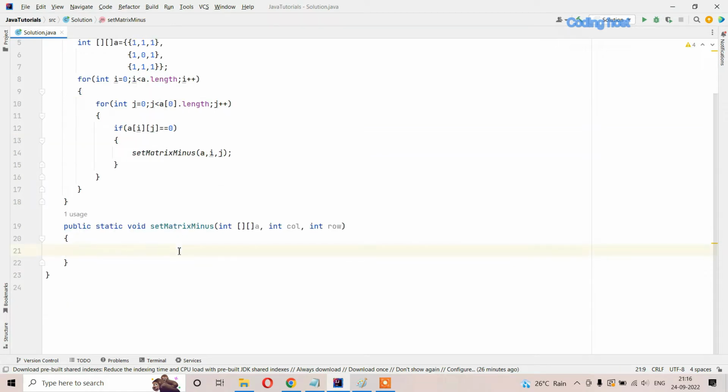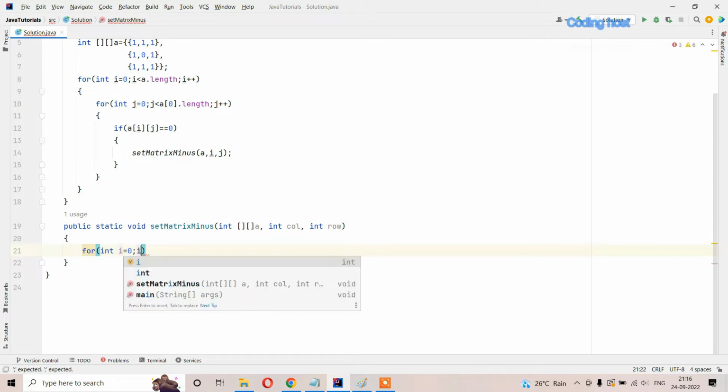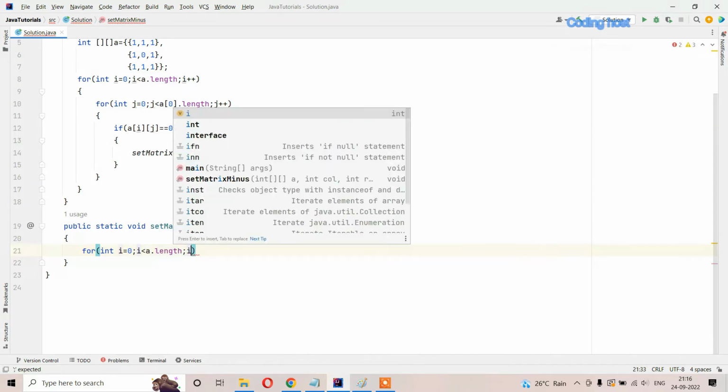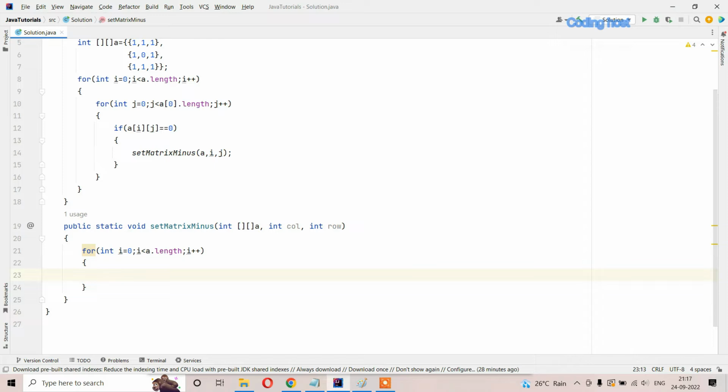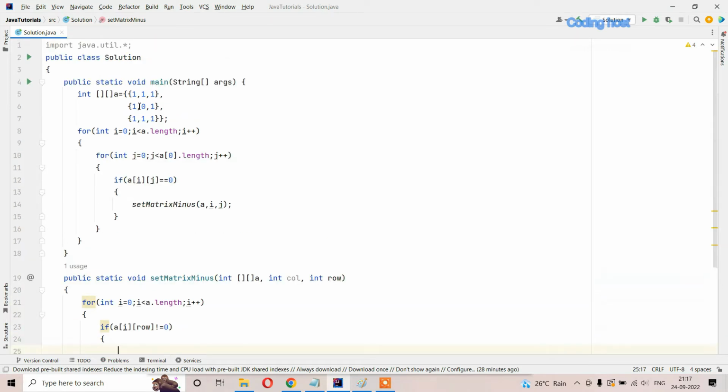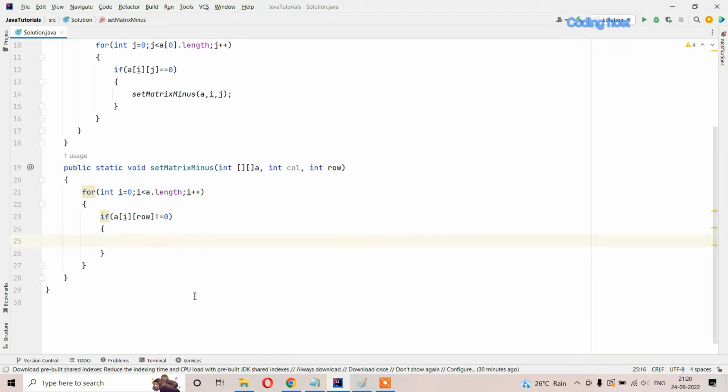So now in this method we have to take two for loops, first for making the row as -1 and second for making the column as -1. So for int i equal to 0 and i less than a.length and i++. So here I will use an if statement. If a of i and row not equal to 0. So we know that we do not have to make this original 0 as -1. So using this first for loop we are marking that column as -1. So array of i and row equal to -1, and after that we have to make a next for loop